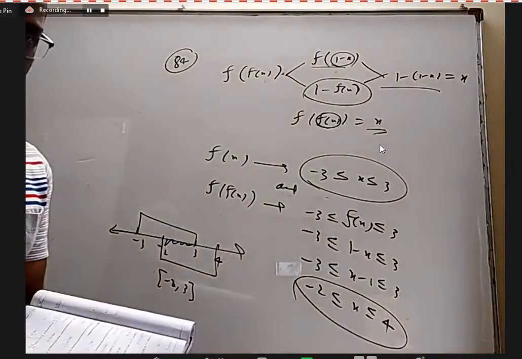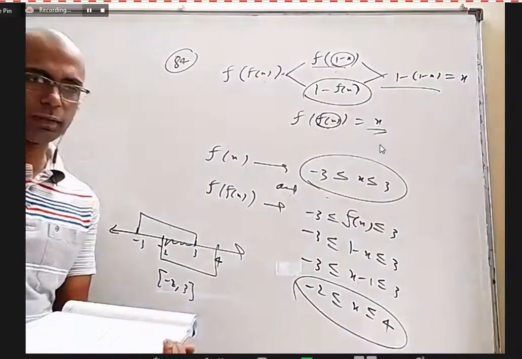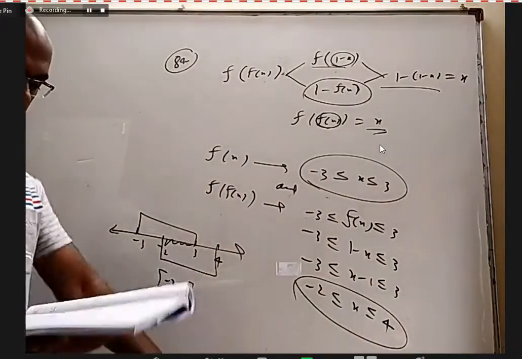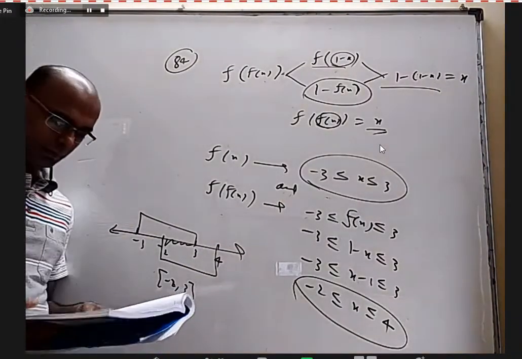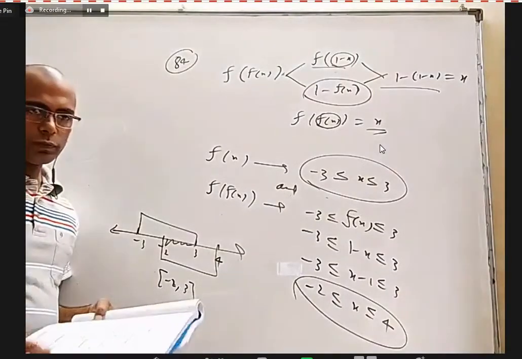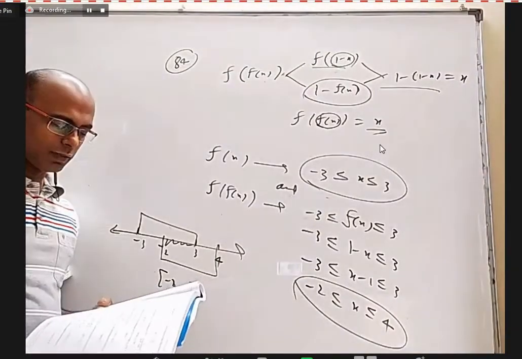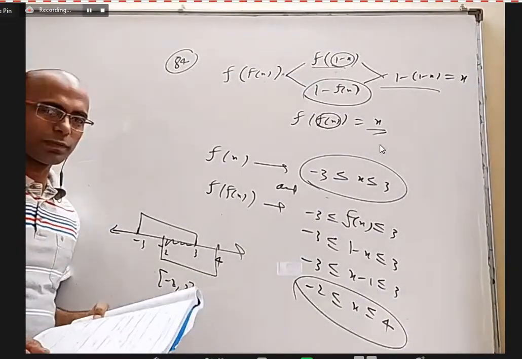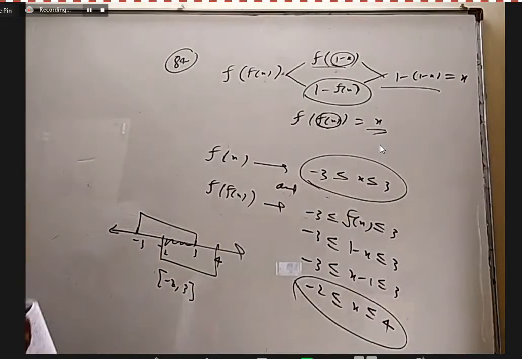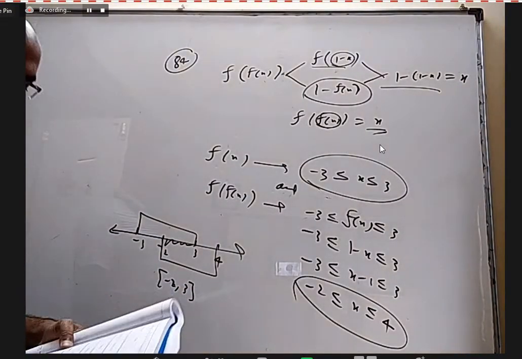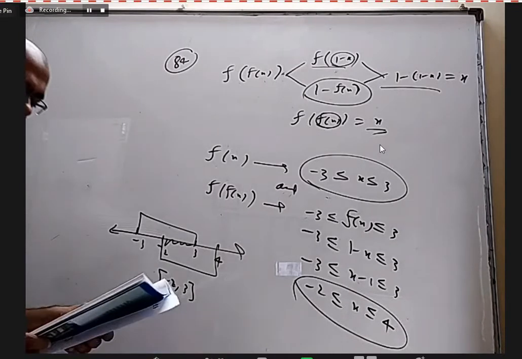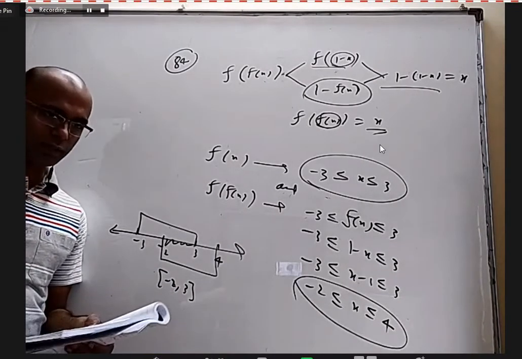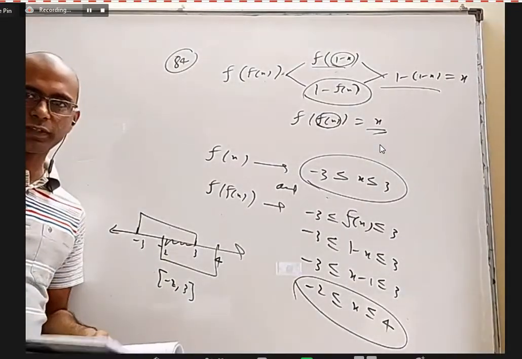That is the reason it was kept a little at the end, because in the beginning it will be confusing for the children. So it was purposely kept. 84 looks a very simple question, nothing complicated. Just find f of f of x, but there is a small thing there. If somebody says why not option A, I just said a simple thing. Try to find f of f of minus 3. You'll understand it is not defined.